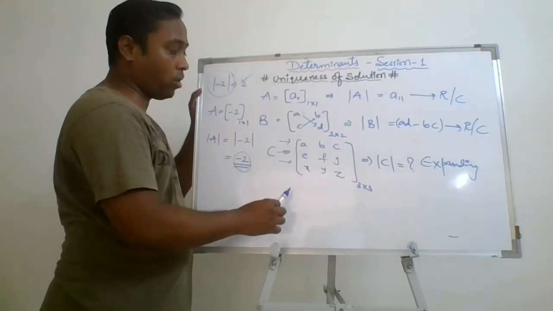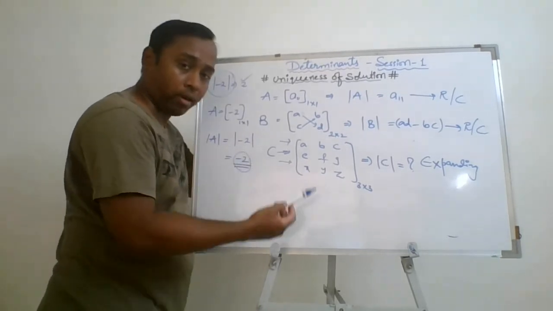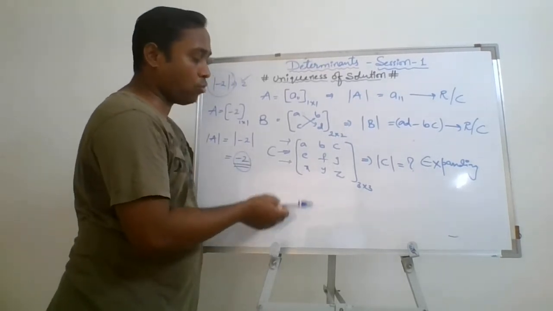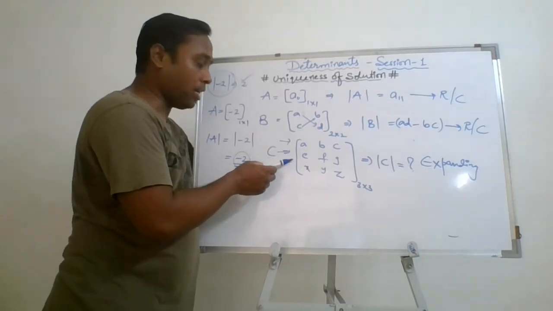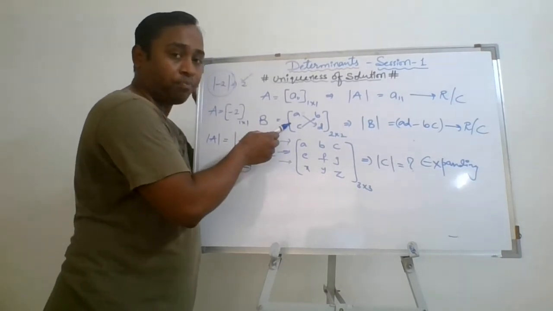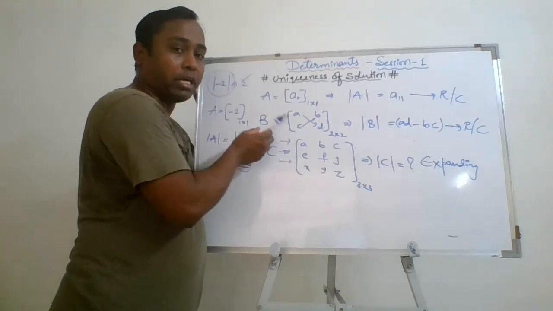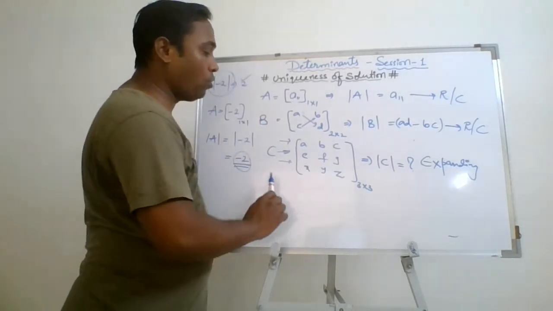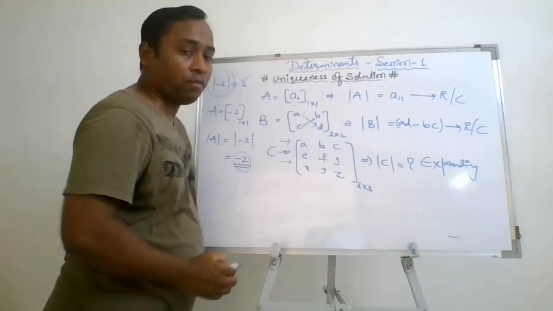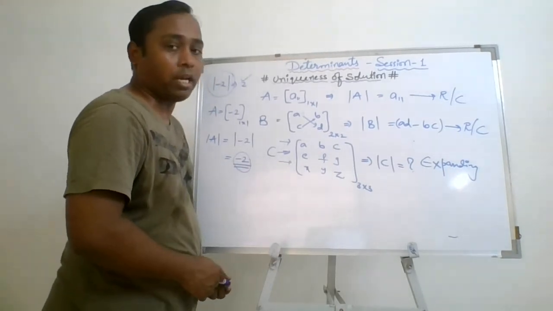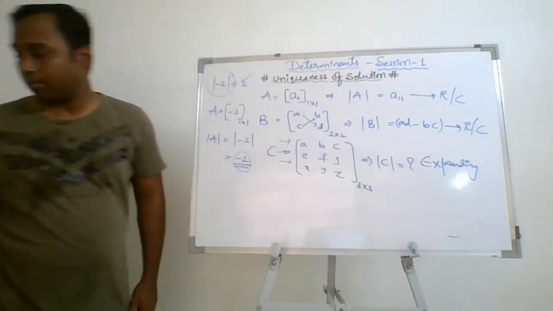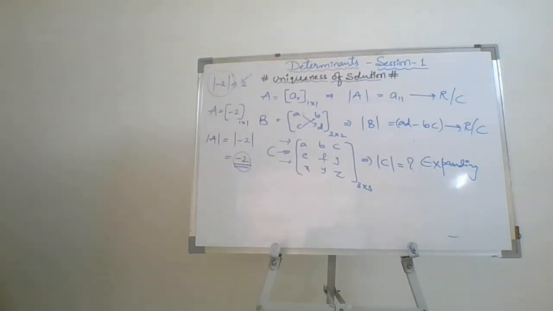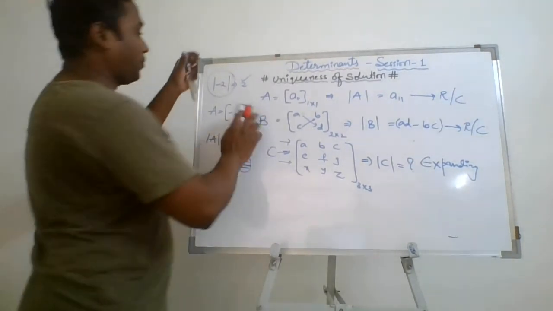It means if I want to calculate the determinant of a 4 by 4 matrix, first I need to convert it into 3 by 3, then 3 by 3 into 2 by 2. So this is again an interdependency of the matrices. So now first we'll try to understand how to calculate the determinant of 3 by 3 in detail with the help of an example.